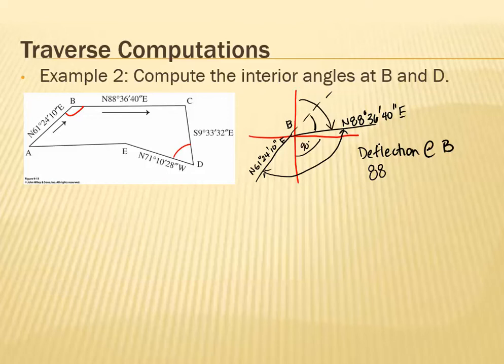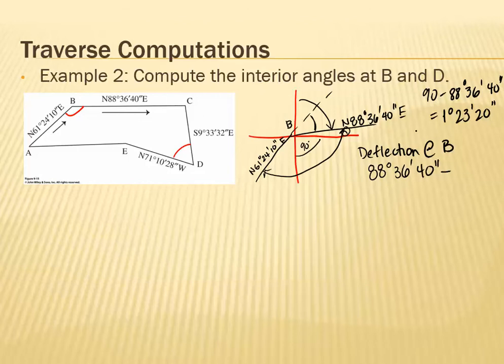So if I do 90 minus that 88 degrees, 36 minutes, 40 seconds, that's equal to 1 degree 23 minutes 20 seconds. But I'm just going to leave that, that's this little one right here. What I want to find out is what happens when I subtract my 88 degrees, 36 minutes, 40 seconds,